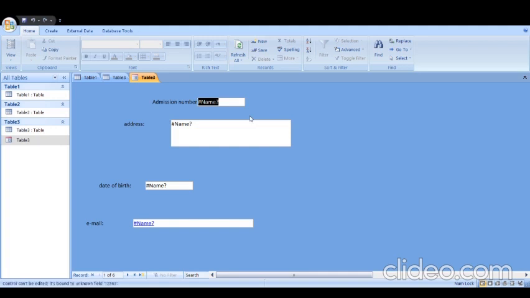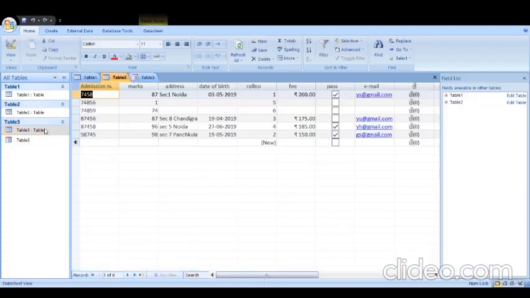This way you can even see the form. You can fill the data by clicking on that and deleting that. You can even fill a large amount of data. And by clicking on the back record, you can see that particular record of the form also. This way you can continue as a wizard, and your form will be created.